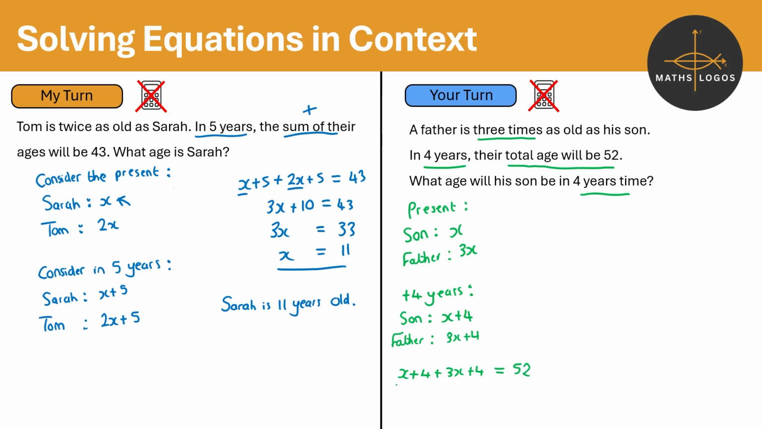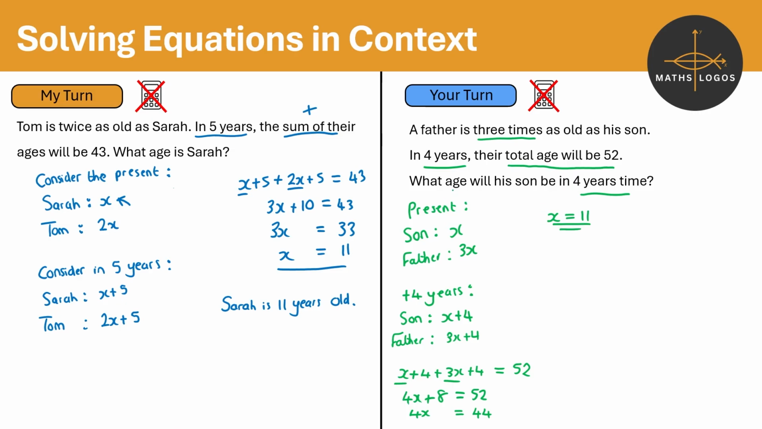We'll tidy up our left-hand side. x and 3x is 4x, and 4 and 4 is 8, and that's equal to 52. I'm going to run out of room, but I can take away 8 from both sides, giving me 4x is equal to 44. And then I can divide both sides by 4, and that gives me an answer of x is equal to 11. So same answer as the last question, so I might be tempted to stop here, but